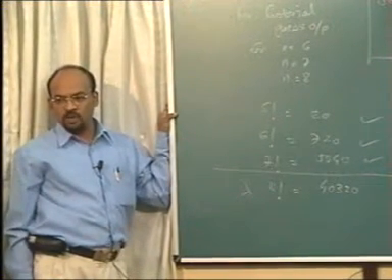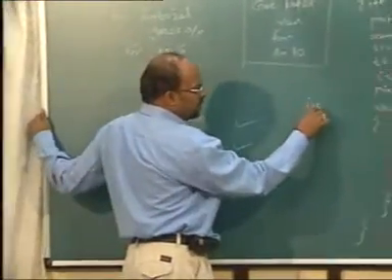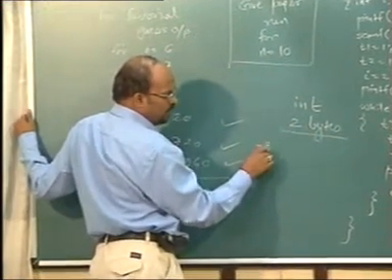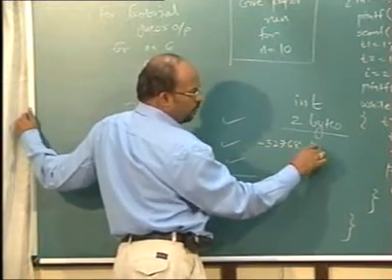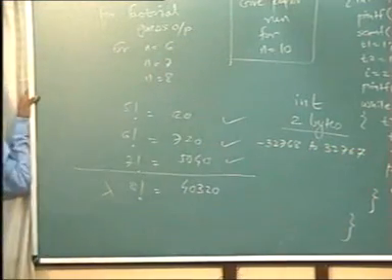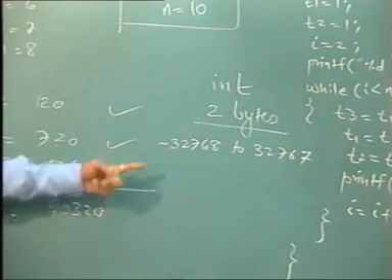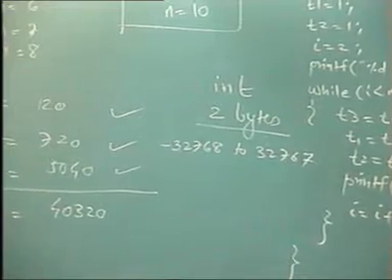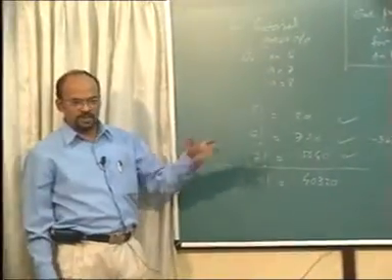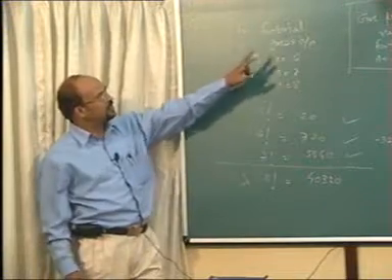Instead of that, the output that you will be getting will be slightly funny, because the integers have got a range. We have already said that integer will be 2 bytes, and the range of values is -32768 to +32767. That is the range of values which the variable can take, and your value is greater than that, and so it cannot give you value of 8 factorial, and 8 onwards it cannot give any value because it cannot be accommodated. But the question is, it will still give the output. Can you tell me the output? That's why the question was, guess the output.